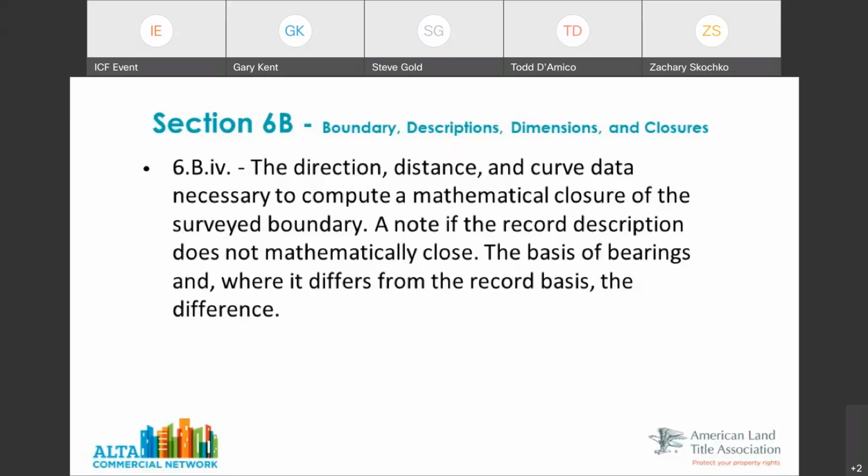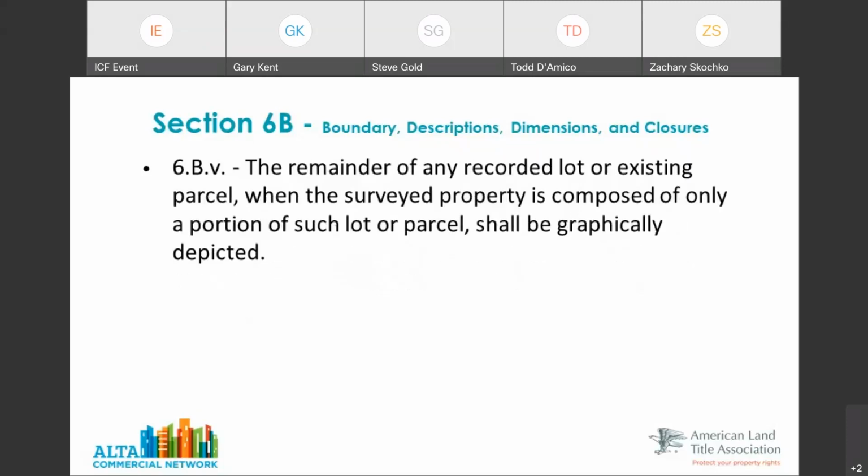Yeah, and one other thing there, Todd and I talked. This concept of basis of bearings is a really kind of esoteric thing in the survey world, and the net result of it can be that we've got two different surveys with different bearings around the property, but they describe exactly the same property. And sometimes I just have to say to people, you know what, you're just going to have to trust me on this because it's a very difficult concept to explain to a non-surveyor. Absolutely. Gary, I think back to you.